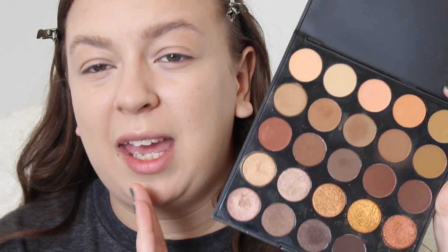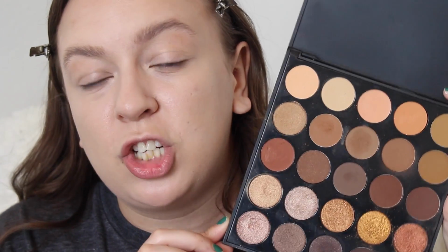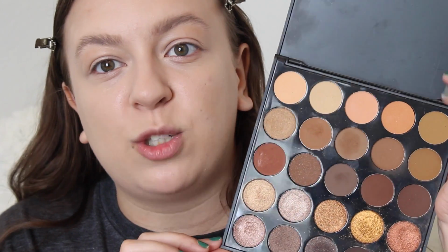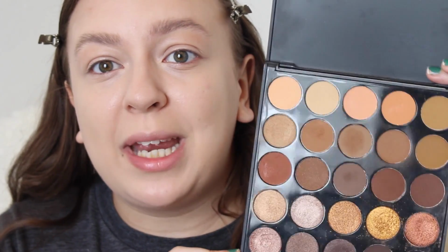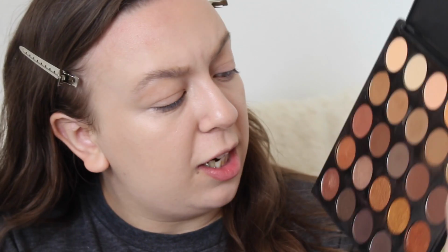This is very heavy on the fall side and warmer tones for the winter season, so I don't use it as much. But every now and again I like to pull it out during the summertime for a little bronzy moment. So what I'm going to do is take one of these wonderful shimmer shades here